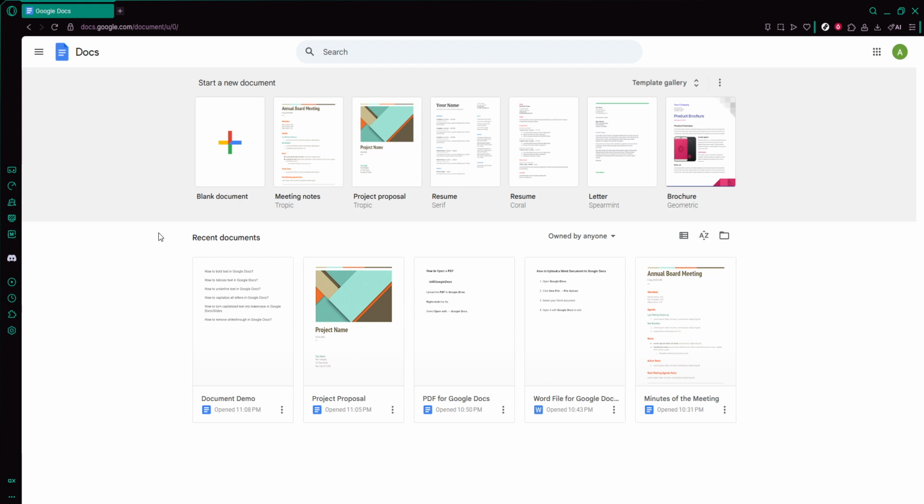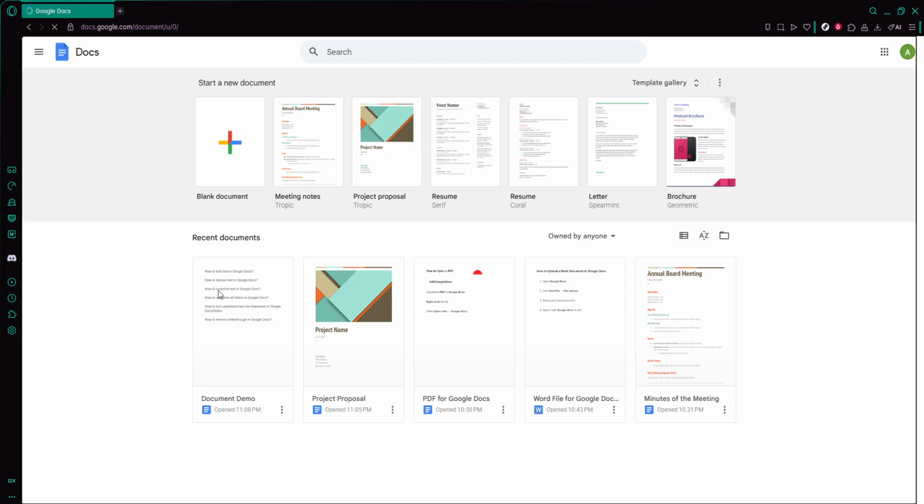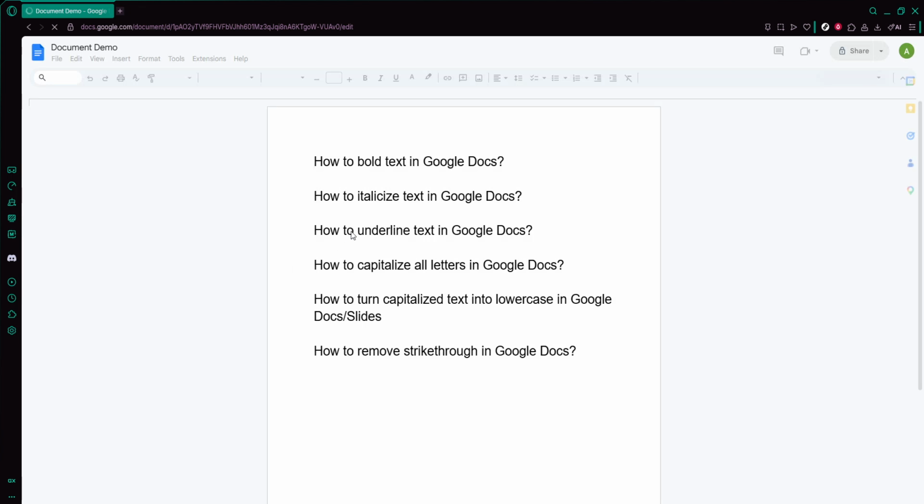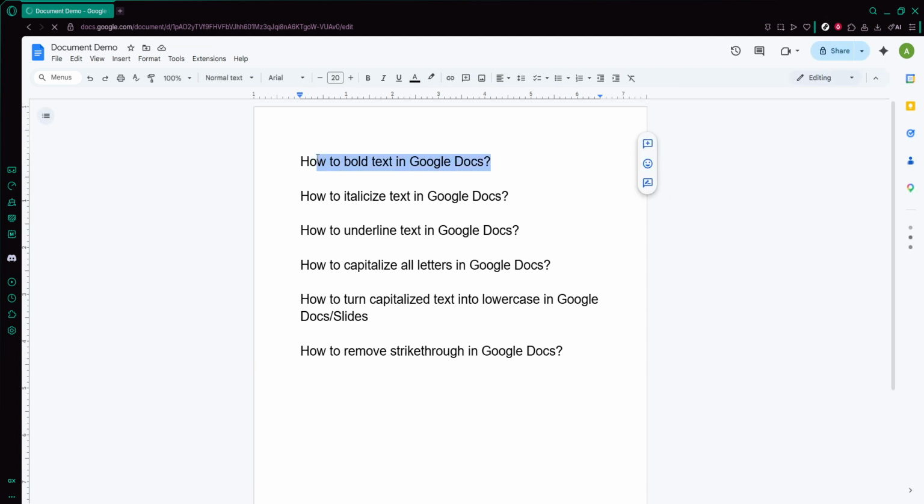First, select the text in Google Docs. This simply means telling Google Docs which words you want to affect. Click at the start of the word or phrase, hold down your mouse or trackpad, and drag across the text until it's highlighted. If you prefer, you can double-click a single word to select it quickly, or triple-click to grab